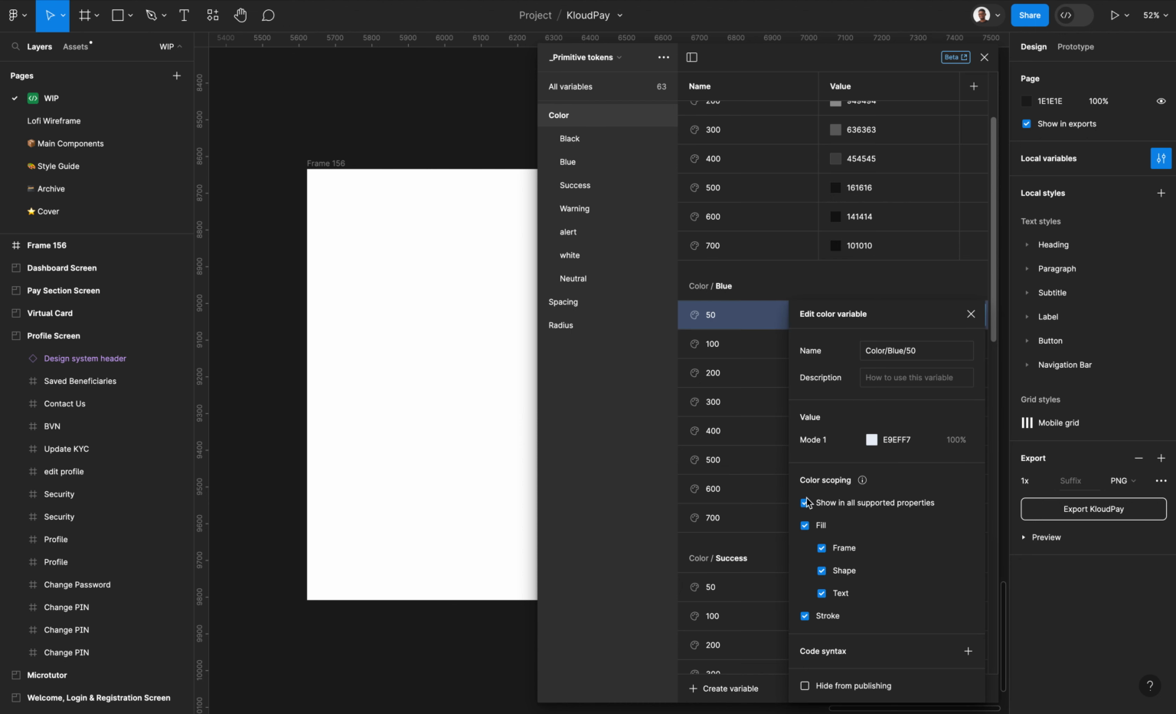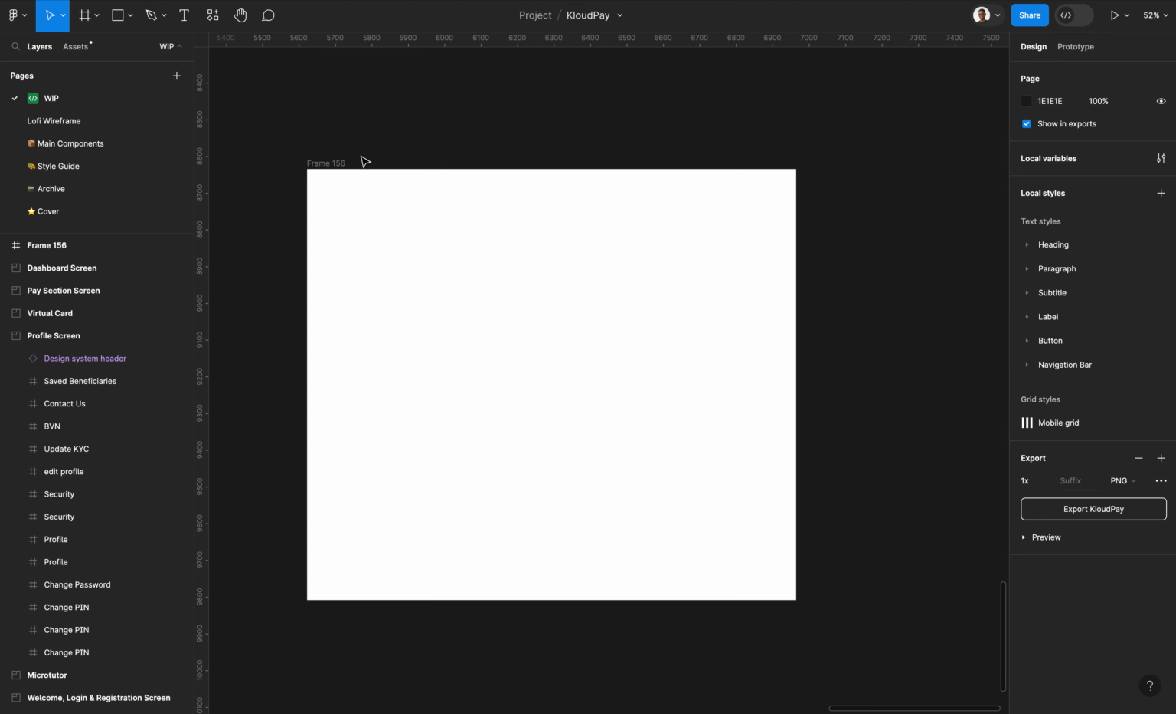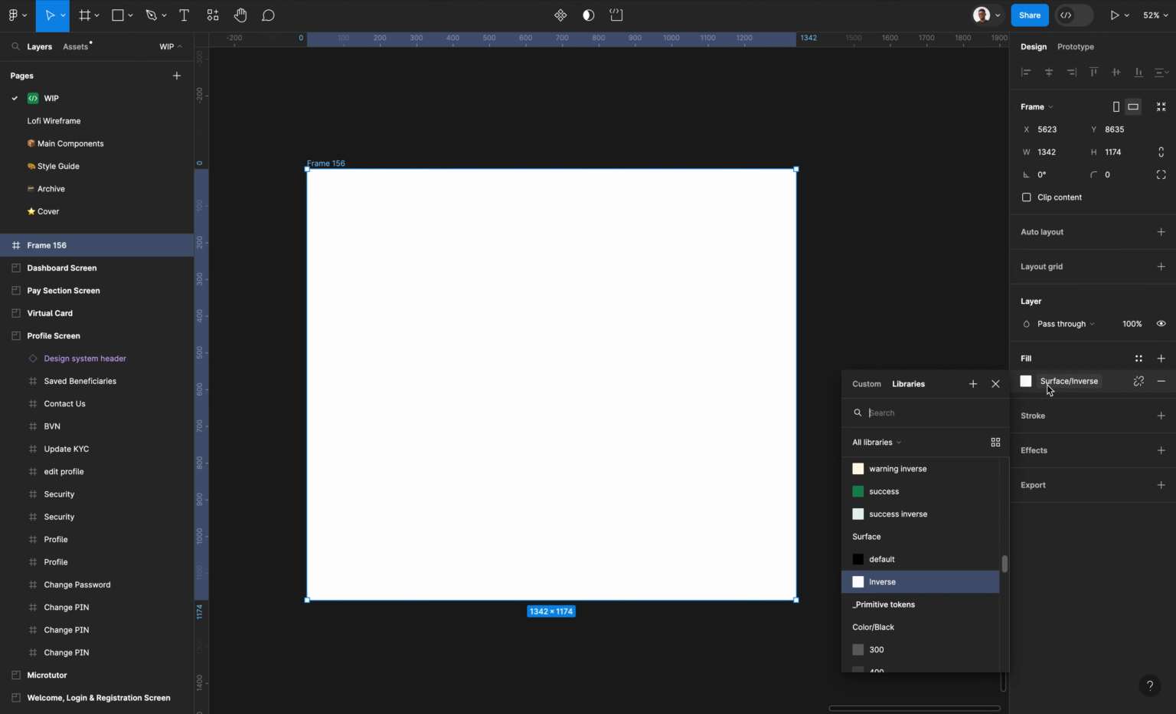I'll come to the blue 50, then just uncheck "show in all supported properties," then come to blue 100 and do the same. Do the same thing for this, and just keep doing it for all the colors, and you're going to hide your primitive tokens. So if I come back to the fill and scroll down, you notice that my blue 50, blue 100, blue 200, and blue 300 are hidden. You can do this for all your primitive tokens, so you have only your systematic tokens